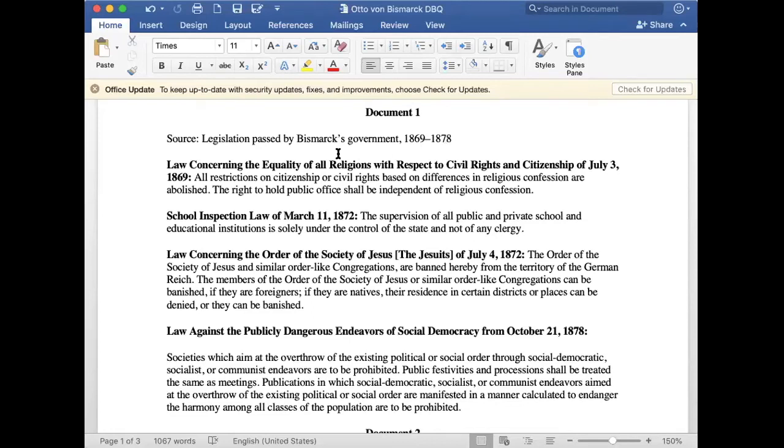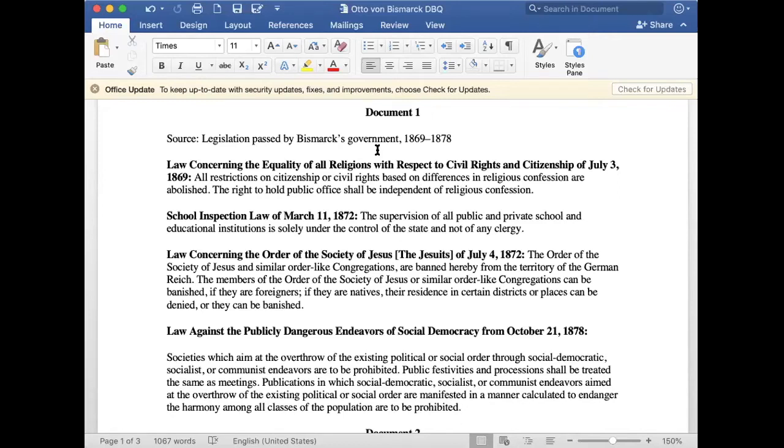point out to you. The first one is the law concerning the equality of all religions with respect to civil rights and citizenship of July 3rd, 1869. In this it says, all restrictions on citizenship or civil rights based on differences in religious confession are abolished. The right to hold public office shall be independent of religious confession. So, I'm paraphrasing now, it's essentially freedom of religion, right? That's kind of against traditional conservatism, because traditional conservatism is going to want the integration of church and state, but this law actually separates it and says that there's religious freedom, there's no restrictions on citizenship based on